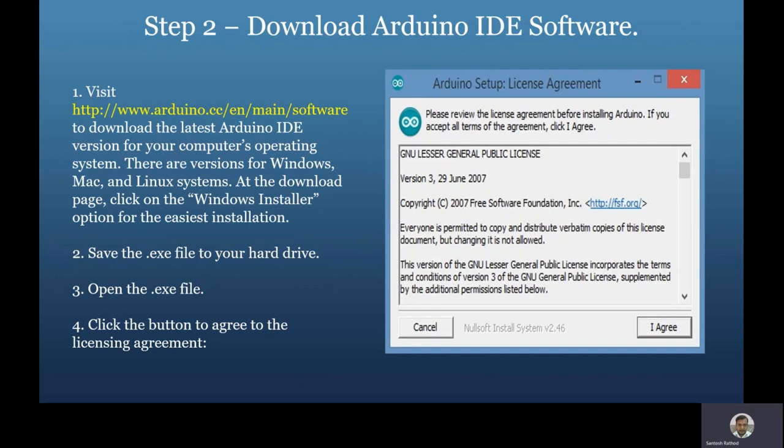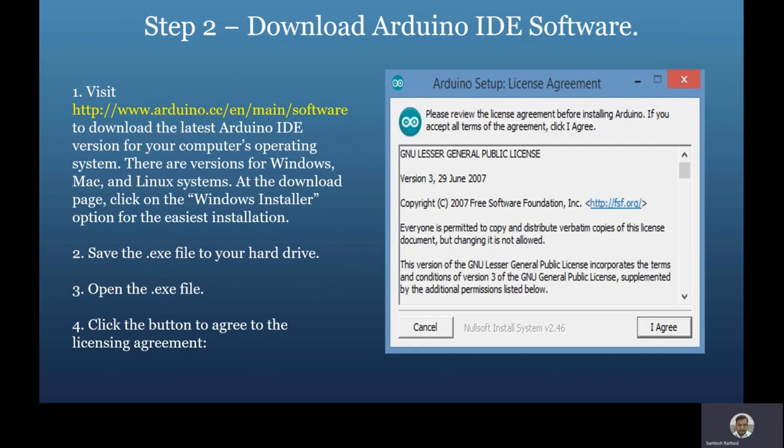There are various versions for Windows, Mac, and Linux systems. At the download page we have to click on the Windows installer option for the easiest installation. Once it is downloaded, we have to save the .exe file, and then open the .exe file, which will execute it, and the Arduino IDE will get installed in the system.